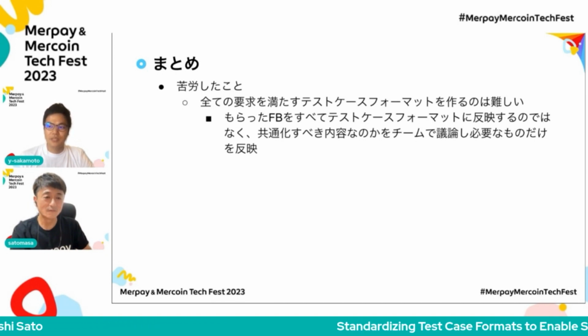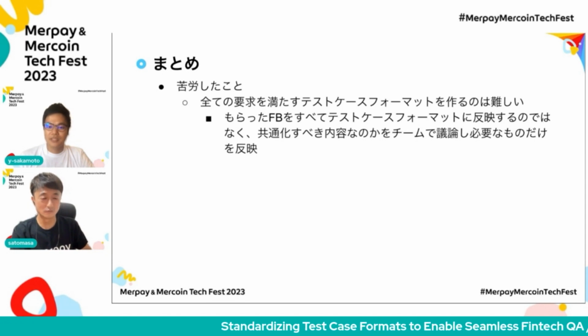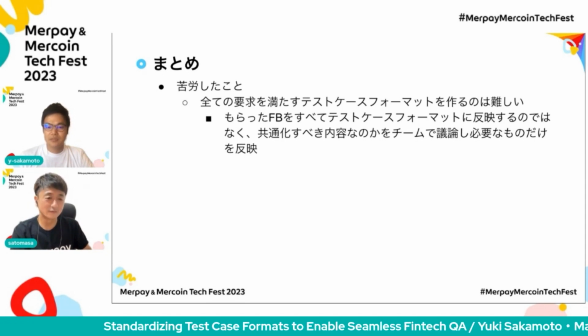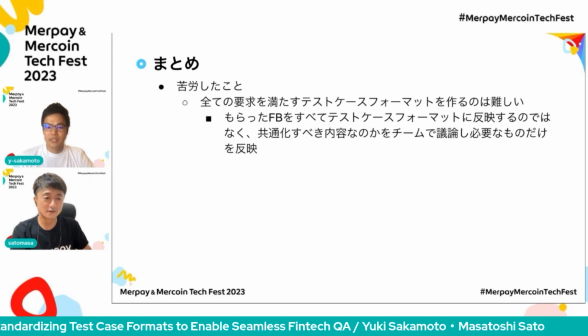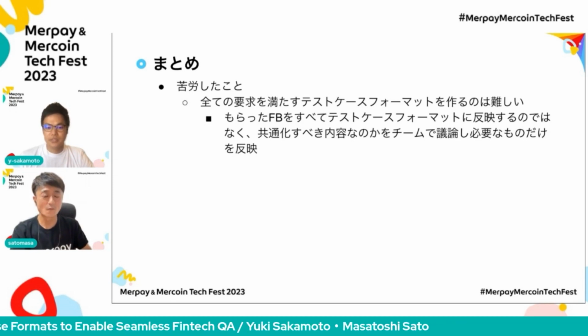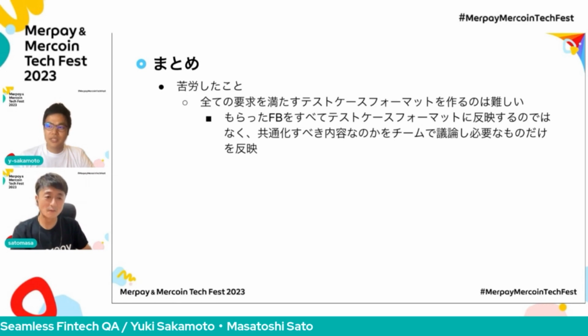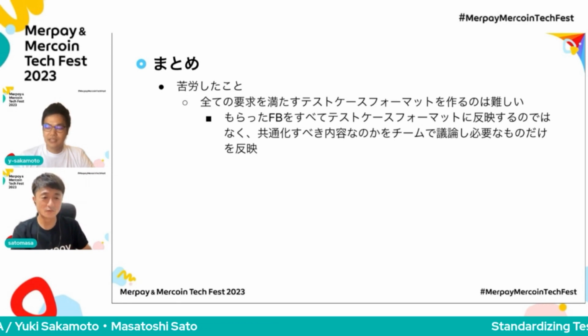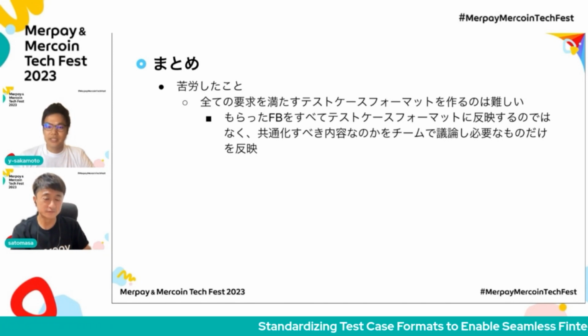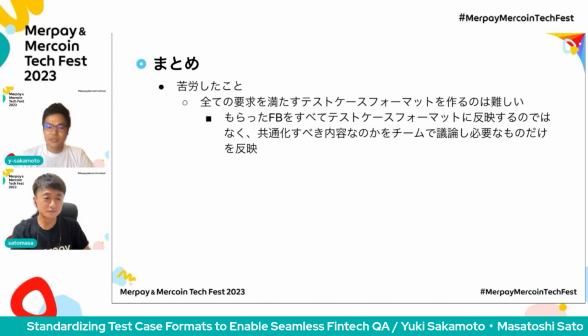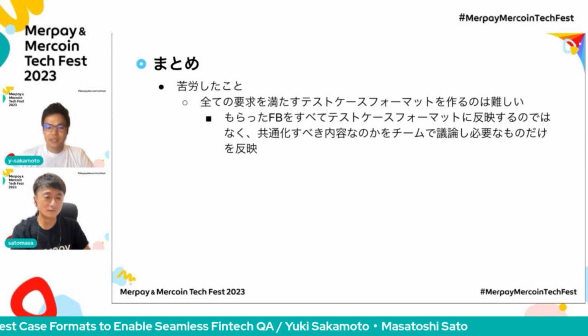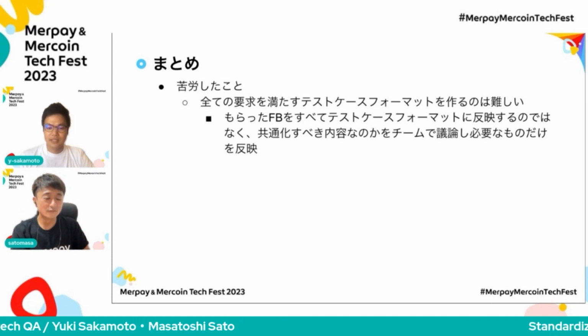When we decided the initial policy, for example, between backend and client, the nature was different, and we tried to build it into one standardized format. That required a lot of courage because the nature is different. I wasn't sure whether we could use the same format, but we found out that it was okay after trying it out, so that was reassuring. But I was very cautious of that part.